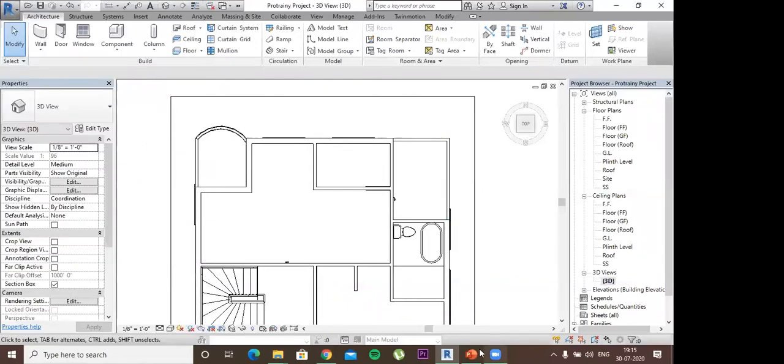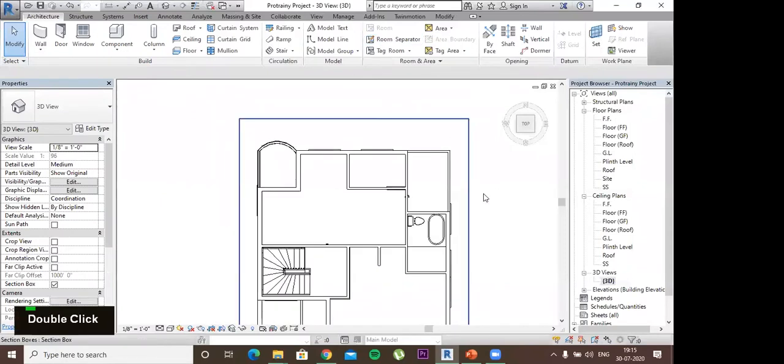so now we will see camera alignment. So for that, what we have to do is,